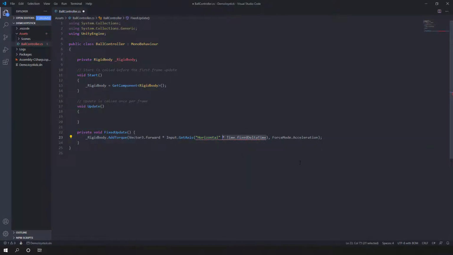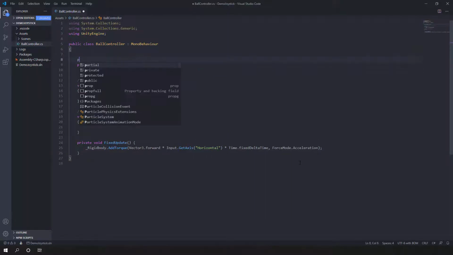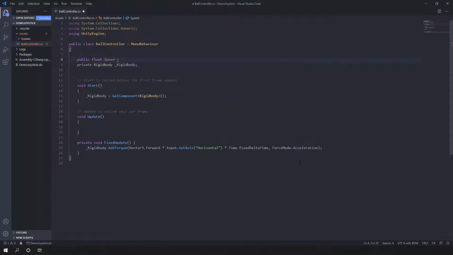Oops, I put it inside the parentheses right there. And now I can also include a public variable to select the speed that we want. So I will include for now a speed of 100, and let's multiply by that speed.